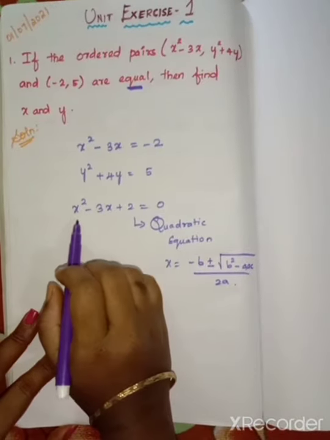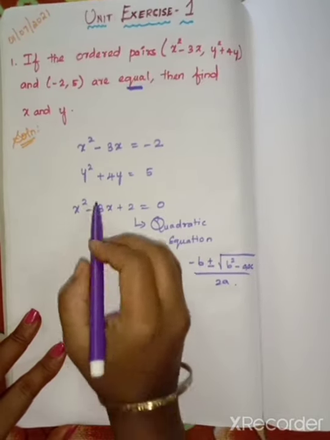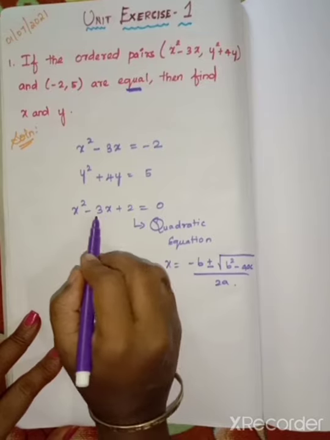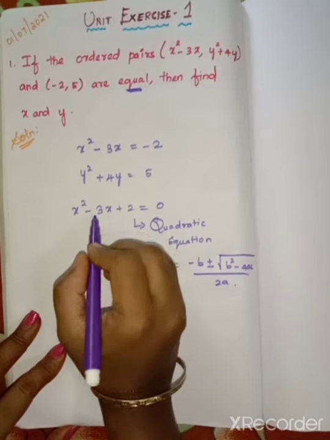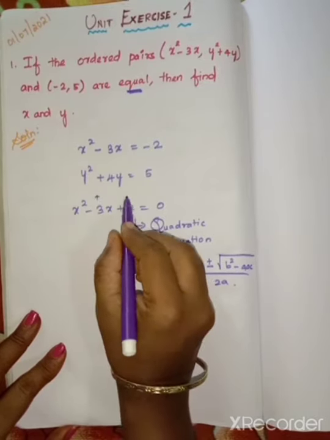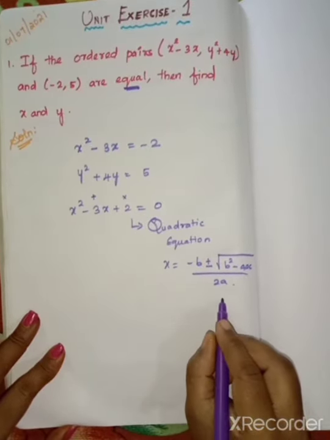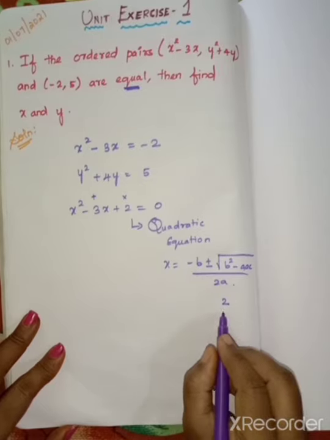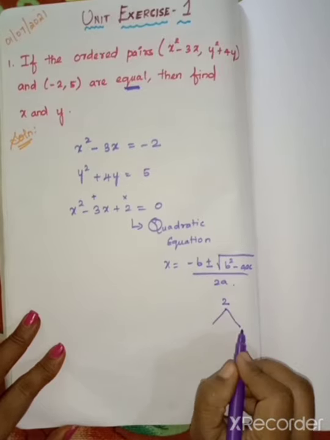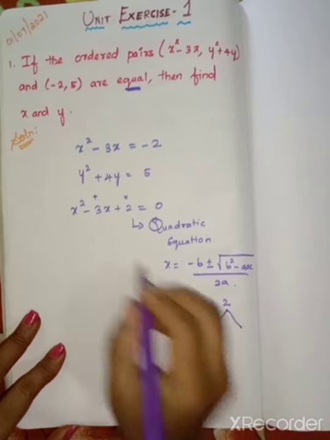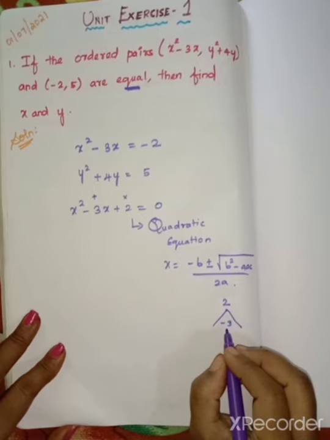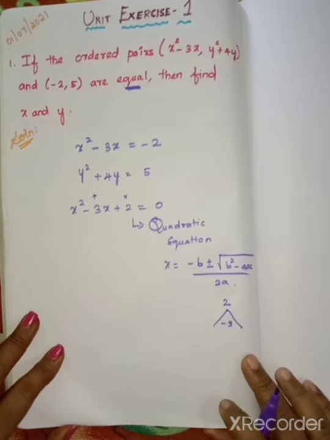Splitting method is very easy, that is, split the middle term. Here we have a minus 3, here we have a 2. This is the addition process, this is the multiplication process. The multiplication value you have to write on top, then split the term. Splitting the middle term means we have to write the middle one as the inside. So we have to check with the same table.